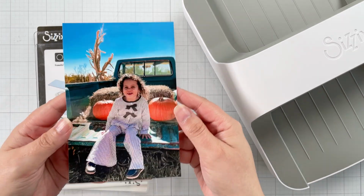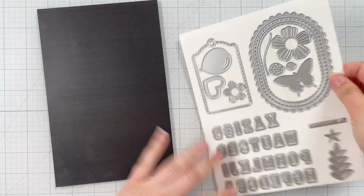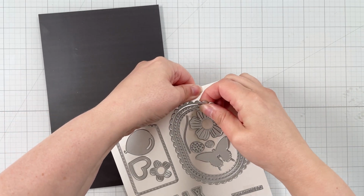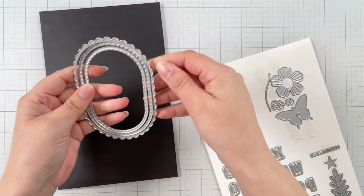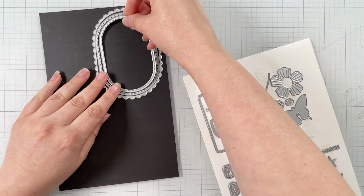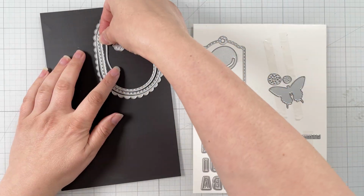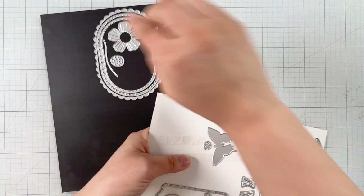I'll be scrapping this photo of my niece at a local pumpkin patch from a couple of years ago. But before we get started, I'm just going to share how I like to store new thinlits. I use a sheet of magnetic material and place my thinlits onto the sheet. This can easily be stored in the envelope, and it makes it less likely that you'll lose any small dies